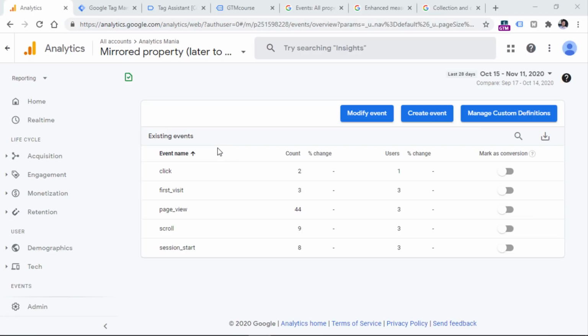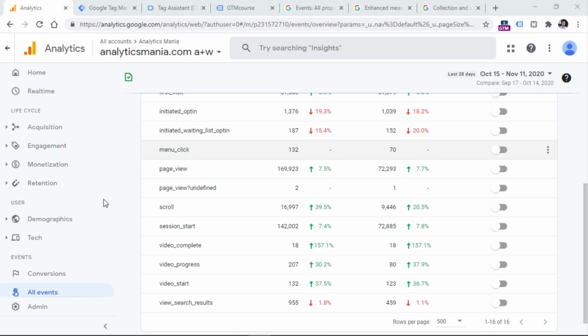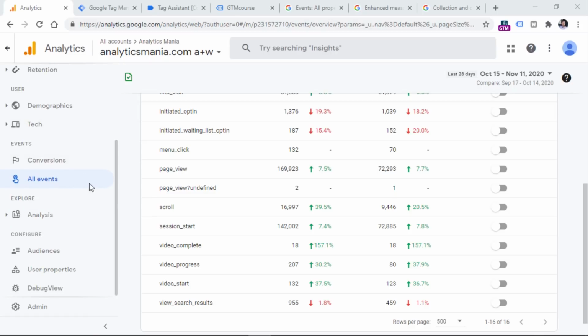Here I have another test property of Google Analytics 4, and here we see some events that are coming from enhanced measurement and also are automatically tracked by the tag, for example, first visit or session start. And here is yet another property where in the list of all events, you can also see some custom events that I have sent to Google Analytics 4, and menu click is one of them. So if I wanted to see more data about the menu click, I could click this event right here and some reports would be opened. Although at the moment of recording this video, the basic reporting capabilities in Google Analytics 4 are still quite limited. Maybe in the future they will be improved.